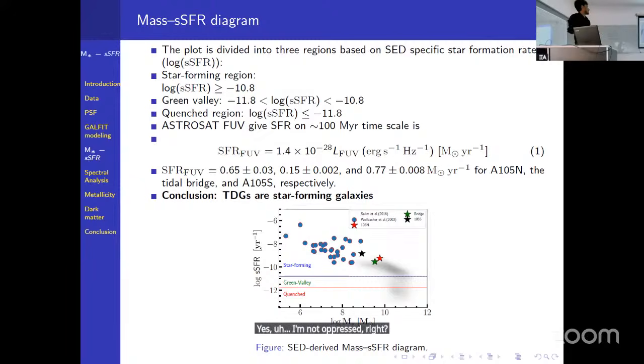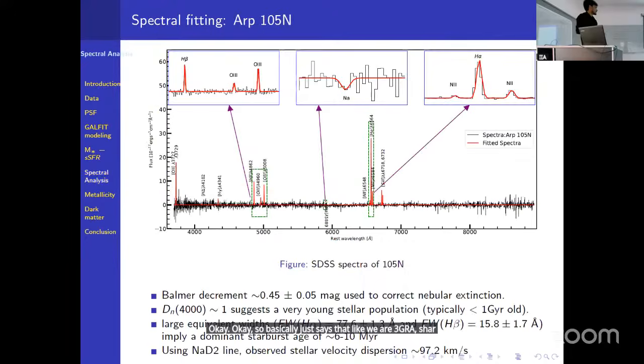We also have SFR measurement from the AstroSat band, right? So we have some for the north, this is for these, and this is for the other. Okay. So basically, this tells us that we have a star forming galaxy. Next, we did spectral fitting of the spectra. From there, I obtained this double decrement, which was used for correcting the nebular extinction. And we also found